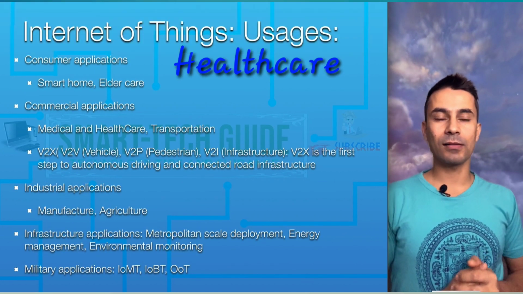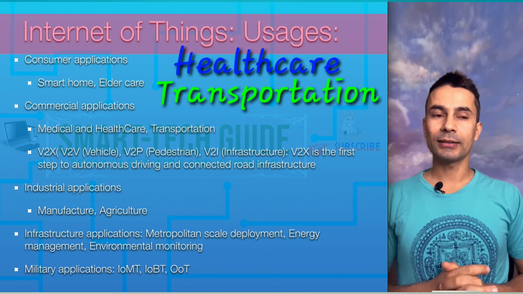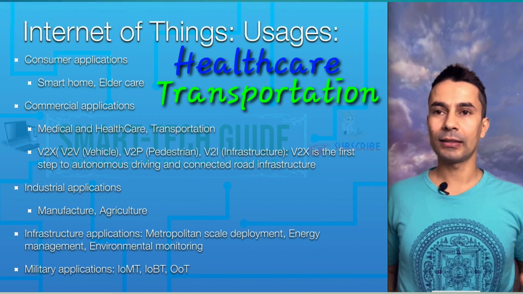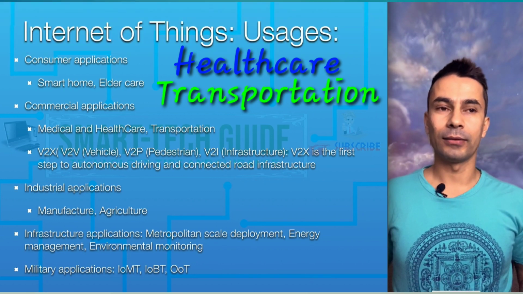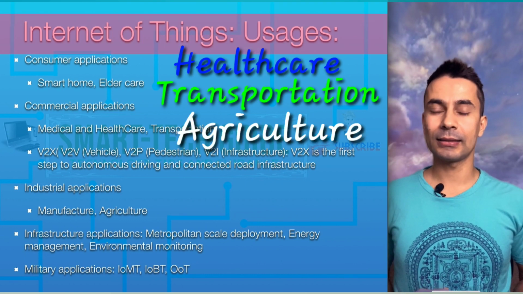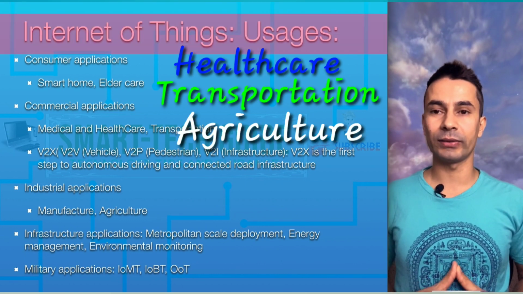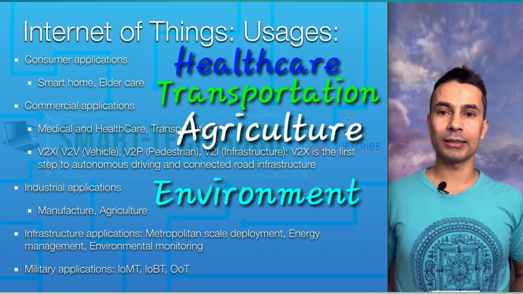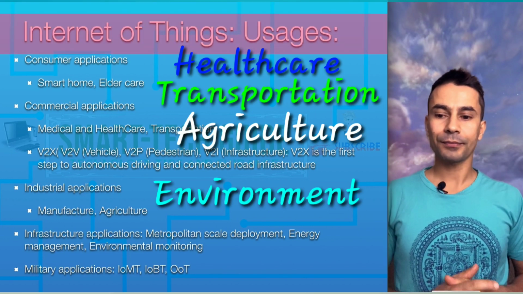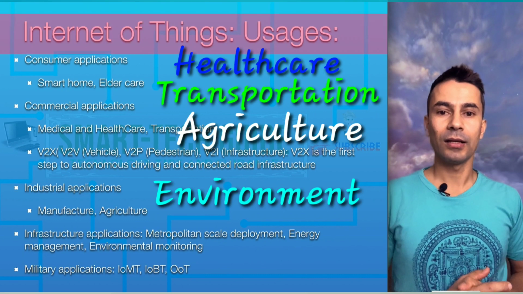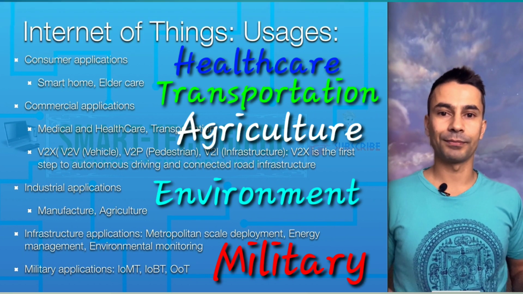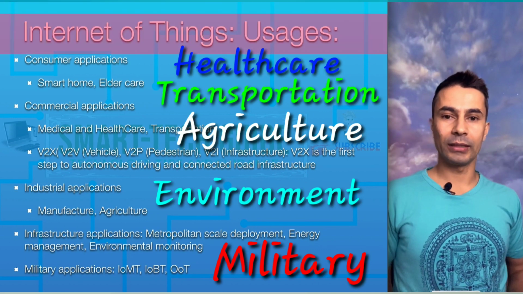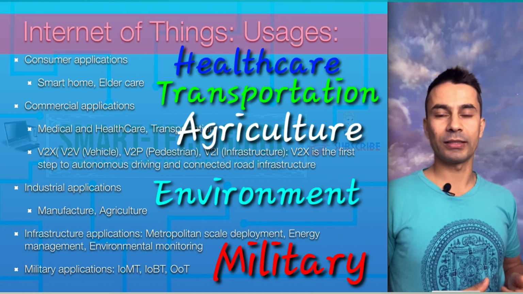The usage comes into picture with various of things. As I mentioned, there are billions of physical devices. Every physical device can be connected to internet with cheapest option, and in that case every physical device can interact with each other. Consumer application usage includes smart home, as I mentioned earlier, elder care, and in commercial applications, healthcare and medical treatments, all those things, transportation, and vehicle to vehicle or vehicle to pedestrian or vehicle to infrastructure communication,